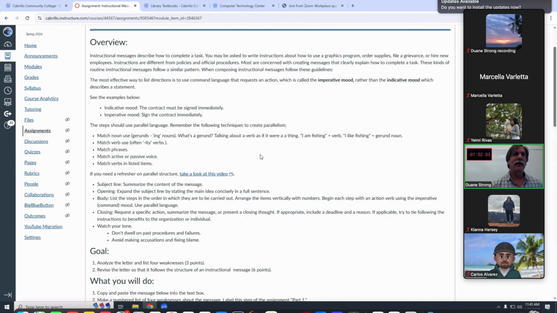I think an example we had last time was, I like hiking and walking, and I like to go off on ski trips. It would have been better if you said skiing, so the ing and the ing and the ing all match, and it's all parallel, right? Match a verb use, often with the ity suffix. Try to match phrases together.